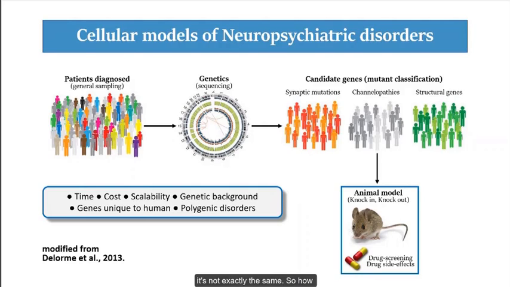So how can we study those genes? And also genes unique to human, that are not expressed in mouse, or very poorly expressed or not well preserved in mouse. How can we study those? And a lot of times we are also dealing with polygenic disorders. What are polygenic disorders? A lot of the time, diseases are not happening because of a mutation in a single gene, but multiple genes are getting mutated at the same time.